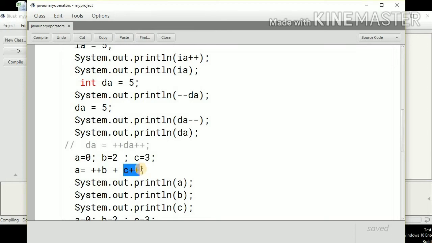It says first use the variable and then increment. So here the value of C will be the original value, that is 3. So 3 plus 3 should be 6. So A should be 6 here. And after that B will be 3 as it is incremented, and C will be 4. So the output should be 6, 3 and 4.